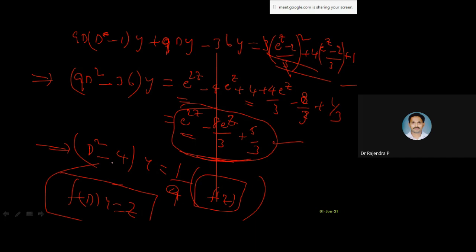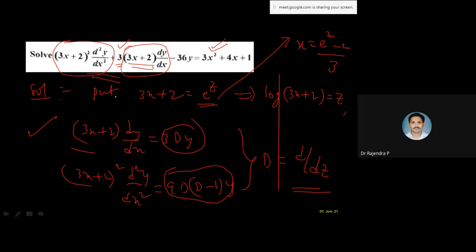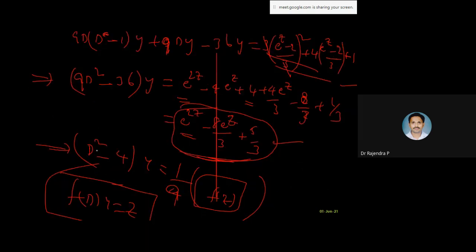How you are reducing from the given problem, Legendre's differential equation, to this particular problem, to LDE with constant coefficients. Now finally we are getting this form, LDE with constant coefficients. Of course we got the roots here. D square minus 4 means plus or minus 2, you got it. Directly you got the complementary function. Complementary function, d is equal to minus 2 means c1 e power minus 2z plus c2 e power 2z. Please write it in terms of z, don't forget that.